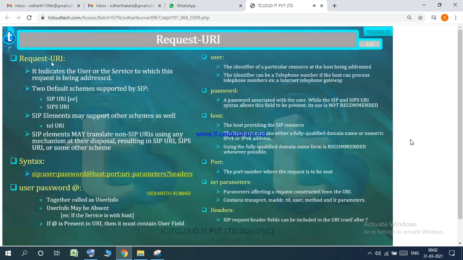What details will be present inside request URI? It indicates the user or the service to which the request is being addressed. So we either have SIP URI or SIPs URI or telephone URI. What is the syntax for request URI? Syntax is user colon